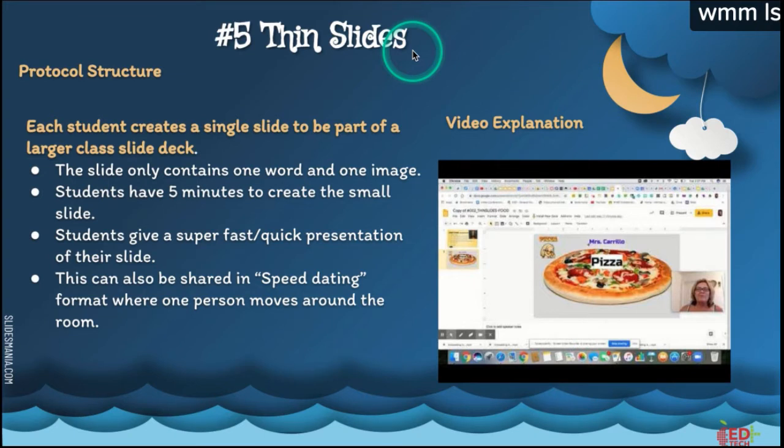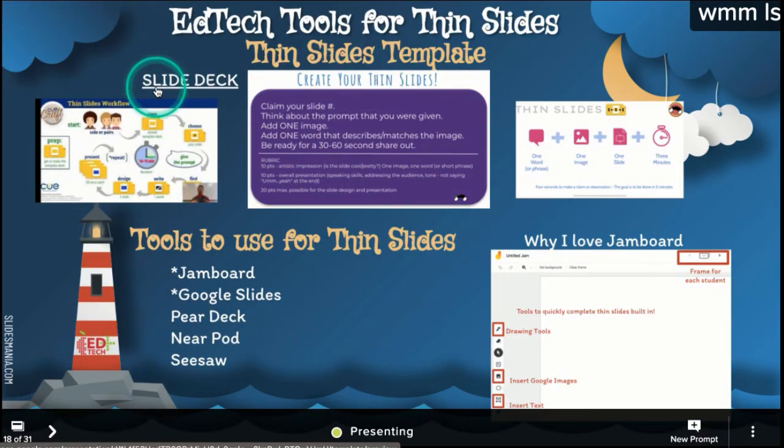Now, you can give students about 5 minutes to create a very small presentation or a very small slide deck. You can do this a couple of different ways. You can give students all one concept, and then they can fill that all out to do something similar, or you can give each student a different word or a different concept that all comes together with one main idea. We do have many different templates here for a slide deck, but